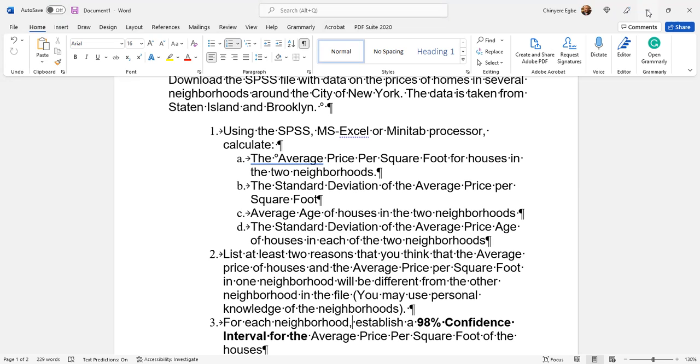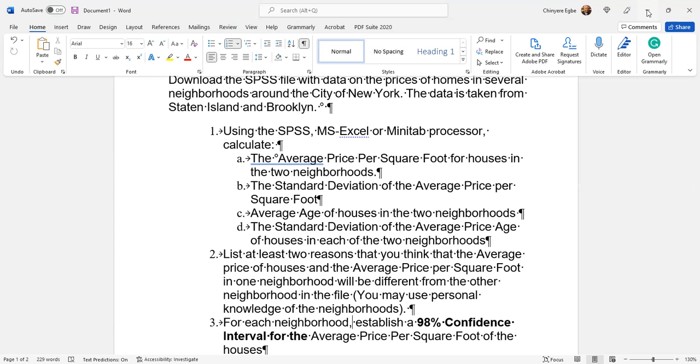Inferential statistics. Okay. What is it? Inferential statistics is to use information